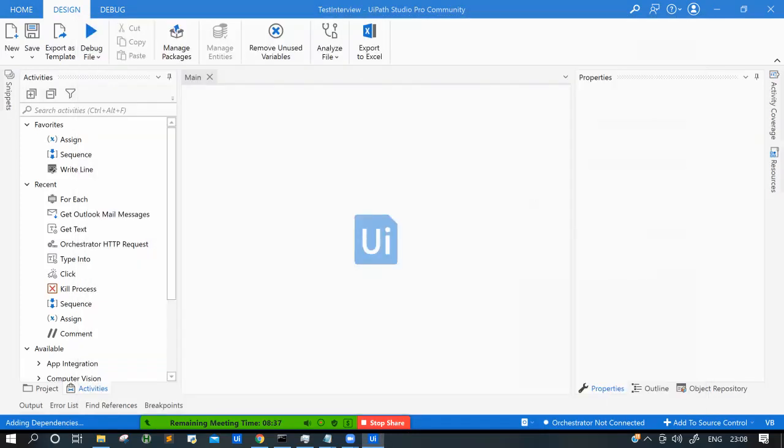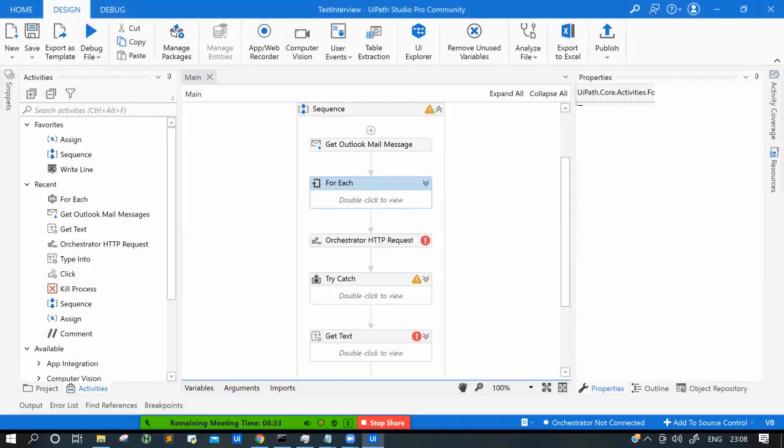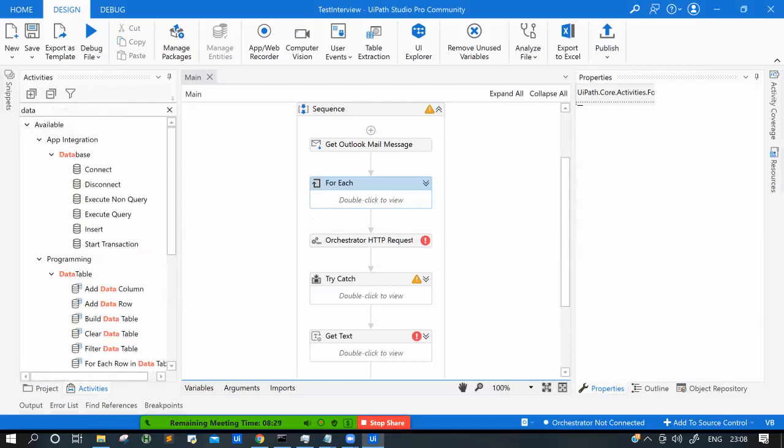People generally don't ask much about this. Let me show you for the database. If you can see, these are the only activities: insert, connect, disconnect. By name itself, connect means for connections, disconnect is for disconnecting, then execute non-query, execute query, insert. You can Google a bit what these activities do, and there are so many good YouTube videos, just hardly 5-10 minutes. If you go through this, you can get it. So never say no, we haven't worked. You can go ahead and say we have worked. That will help you.